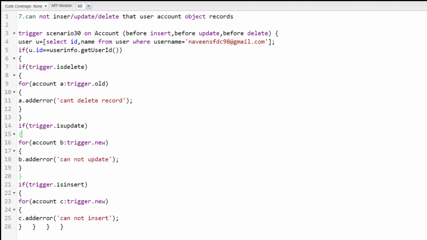It retrieves the user record corresponding to the specified username using a SOQL query. It checks if the current user executing the trigger is the same as the user identified in the user record fetched in step 1. If the current user matches the specified user: